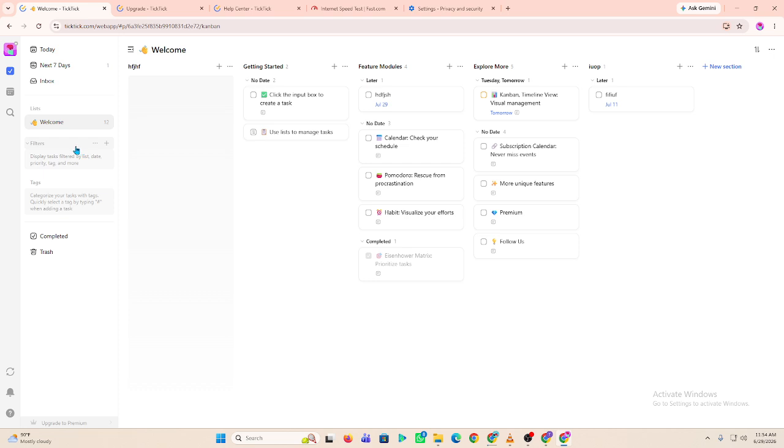For bigger projects, break tasks into subtasks. This makes large work easier to manage and track step by step. You can also use filters and smart views to quickly focus on specific tasks, such as today's tasks, overdue items, or high-priority work. Finally, review your task list regularly and clean up completed or unnecessary items to keep everything organized